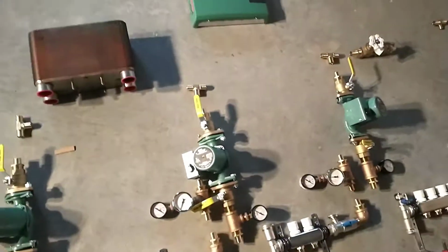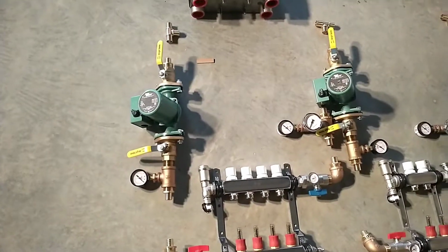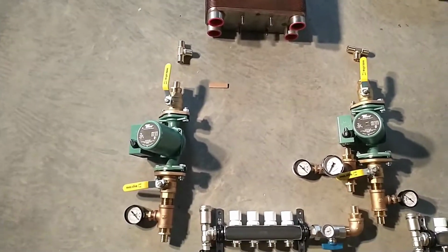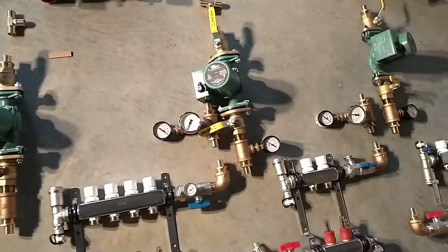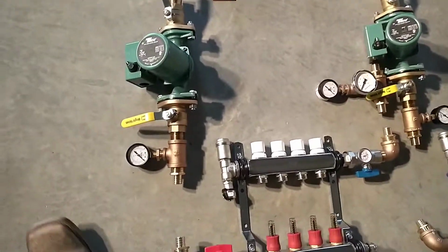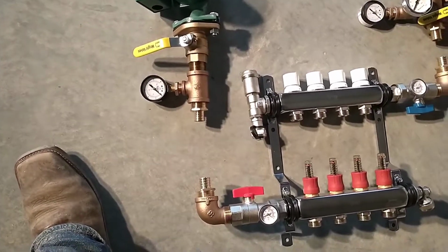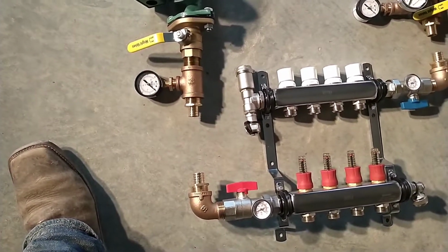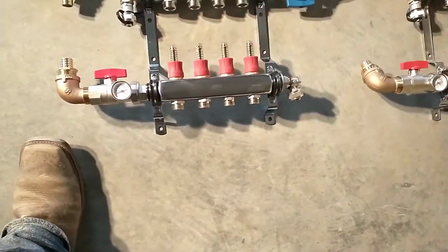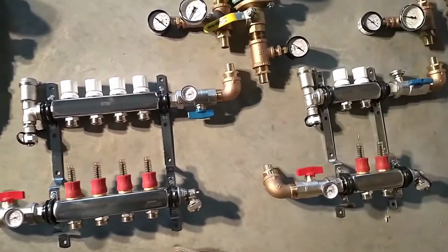But anyway, so that's my zone control, my pump controls. And then we come down to each pump. So we'll come out of the heat exchanger, we'll go into this pump, and that pump. From those pumps we've got isolation valves, pressure on the bottom side of each pump to see what we're getting out of them. Then we'll go into the supply side, then through our circuits, back up through the return, out